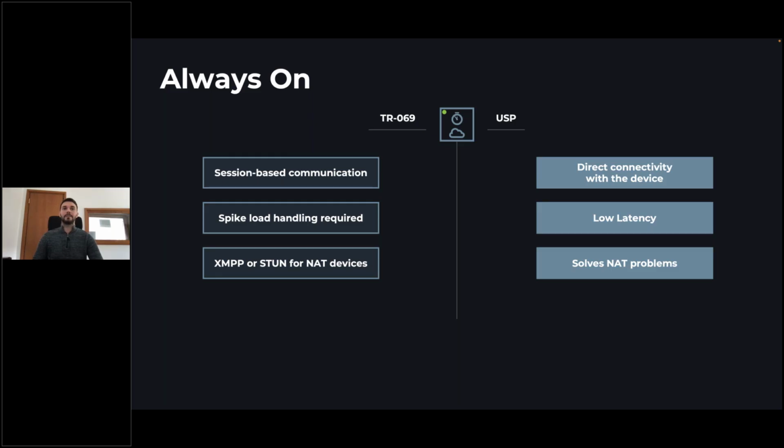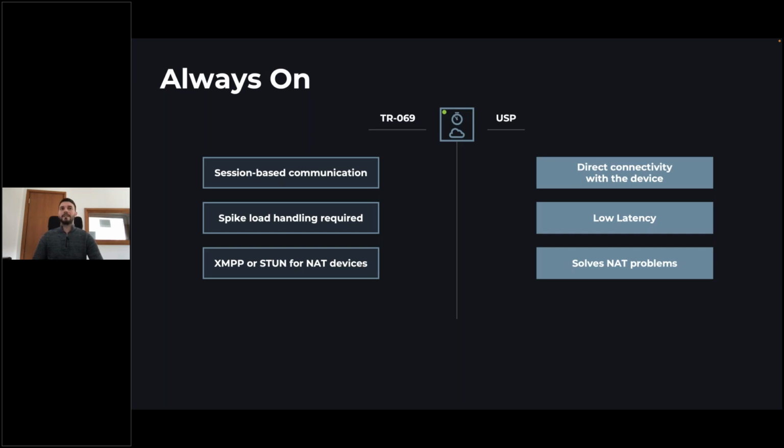Additionally, some scenarios like power outages in a certain district can also cause these issues. The power goes down, but at one point the power comes up, and all of those devices would then send a boot inform to the ACS, and this is something that also needs to be handled.